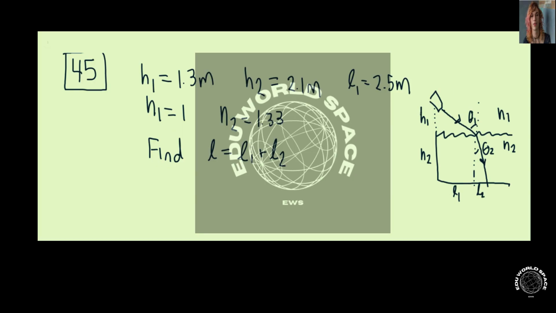We have the flashlight some height above the water, H1, and then the depth of the pool we're going to call H2. And then the light, as it goes from the flashlight to the water, travels some horizontal distance L1. And when it goes through the water, it'll travel more of a horizontal distance L2 until it hits the bottom. And due to the refraction, we have an initial angle θ1 and a final angle θ2, which we can solve for by going through the refraction. And ultimately, we want to figure out the total distance that the light travels. So we're going to call that L, and it's equal to L1 plus L2 for these two separate right triangles